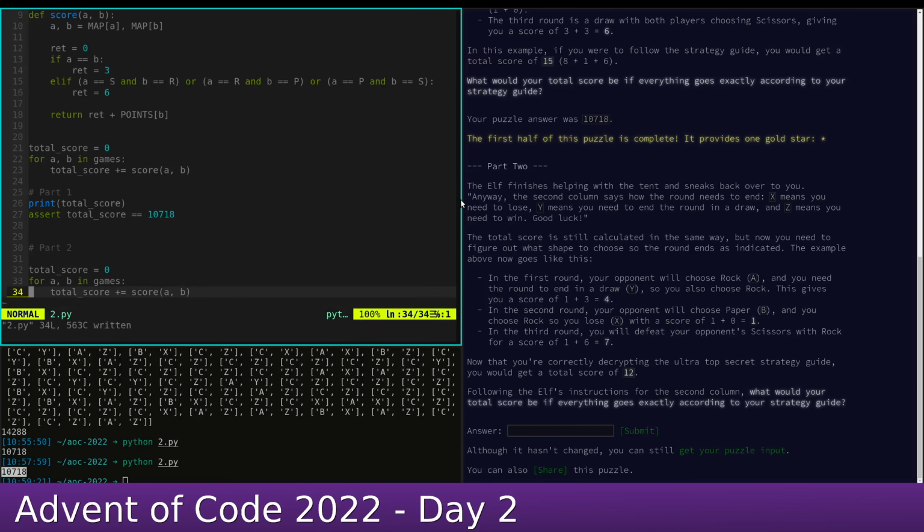This is pretty simple. What we need to do, because if you need to win, there's a single shape that can make you win, and if you need to lose, there's a single one, and if you need to draw, there's a single one that you need to choose. So that is pretty easy. What we can do is we could even use the same. So instead of using this